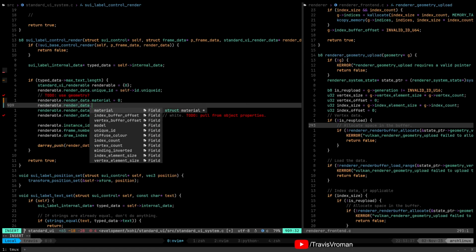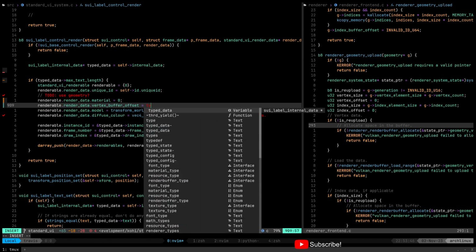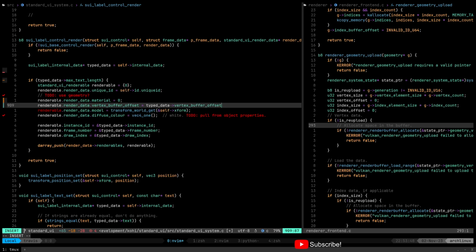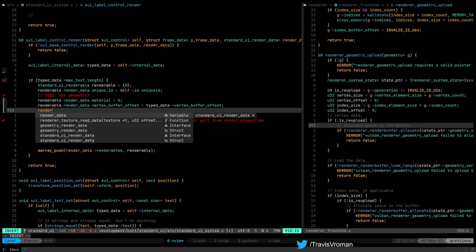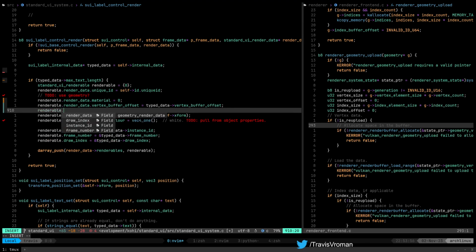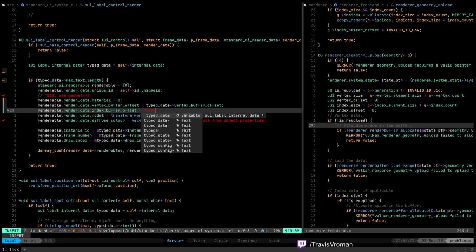Render data. So we need the vertex buffer offset is equal to typed data vertex buffer offset. The renderable render data index buffer offset is equal to typed data index buffer offset.